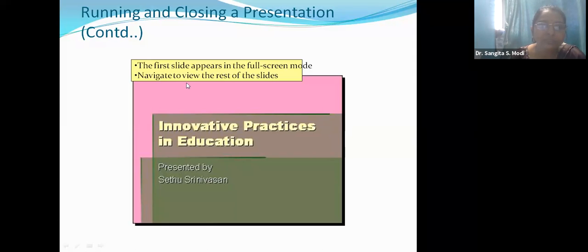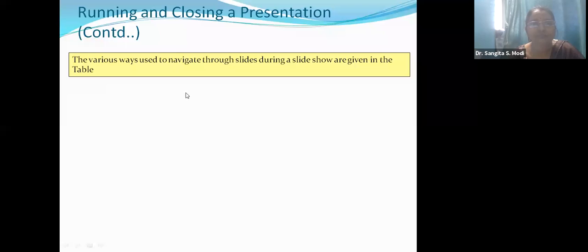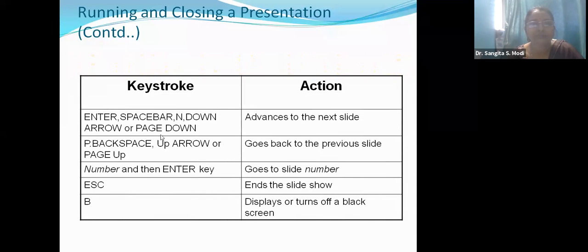From the menu bar, the first slide appears in full screen mode like this. Navigation to view the rest of the slides: the various ways used to navigate through slides during a slideshow are given in this table. These are the keystrokes and actions.